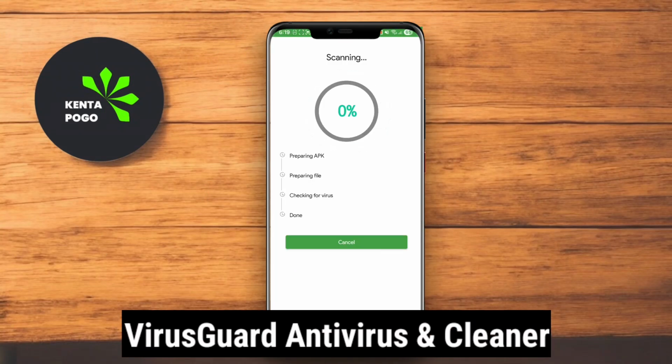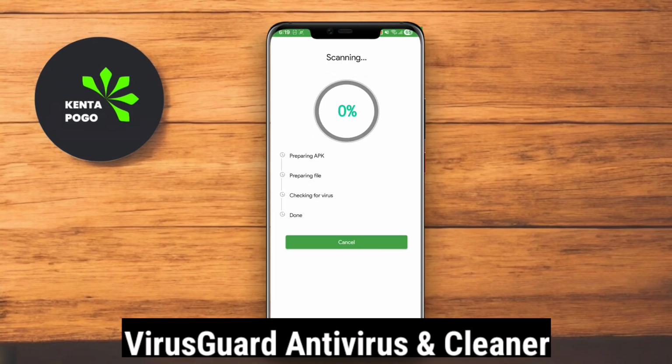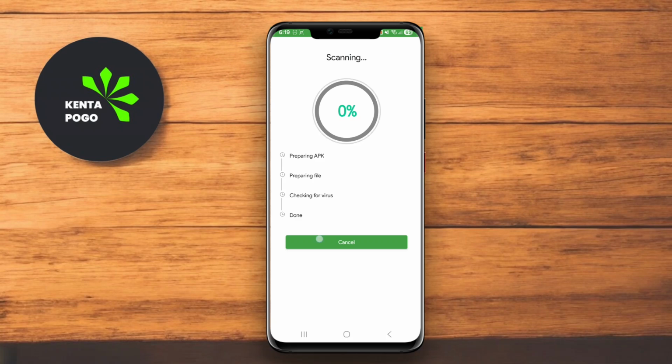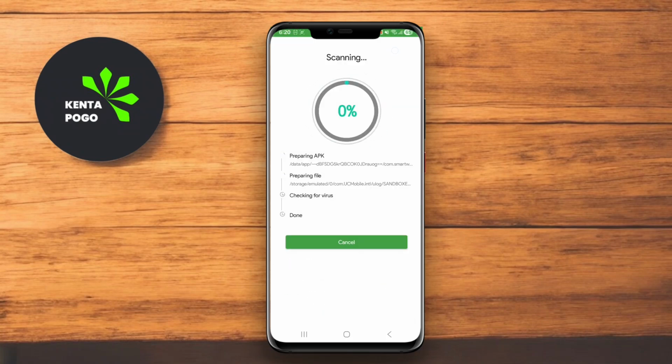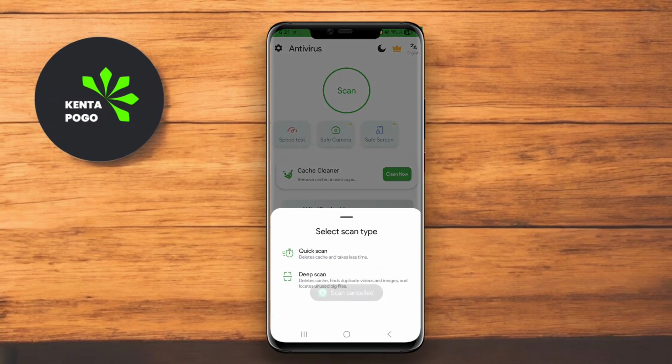VirusGuard Antivirus VE Cleaner. VirusGuard Antivirus VE Cleaner is a reliable app designed to provide comprehensive security for your Android device. It features real-time scanning for malware, spyware, and other malicious threats, ensuring your data remains safe. VirusGuard also includes cleaning tools that help identify and remove junk files, unwanted apps, and residual data, optimizing your device's